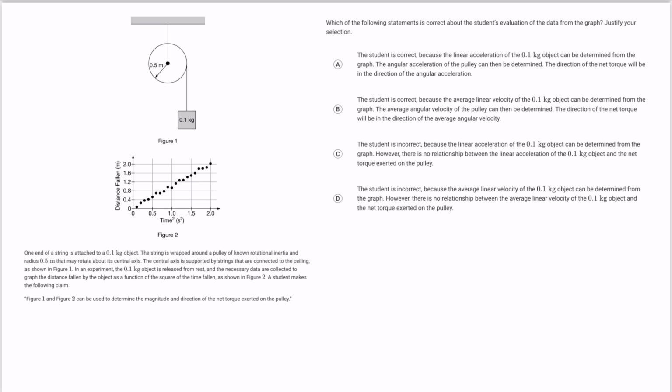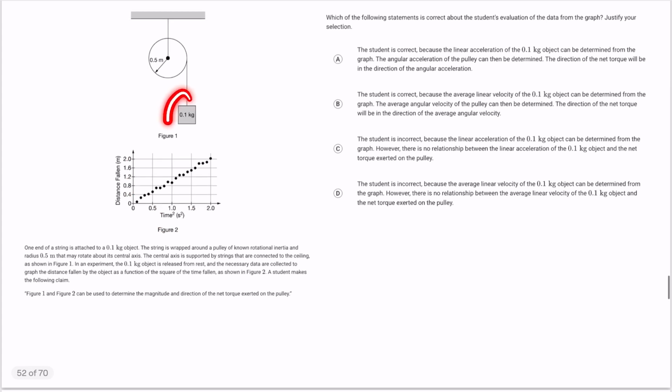Well, I think the toughest thing here is recognizing how to use this graph because it's linear distance with respect to the square of time for this object. This does take a little bit of expertise in the subject, but it isn't something you haven't learned. There is an equation that comes to mind that relates the distance with respect to time squared, and that's this